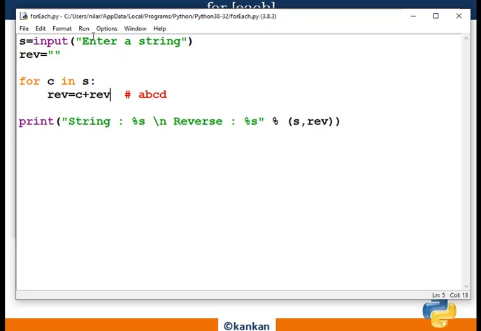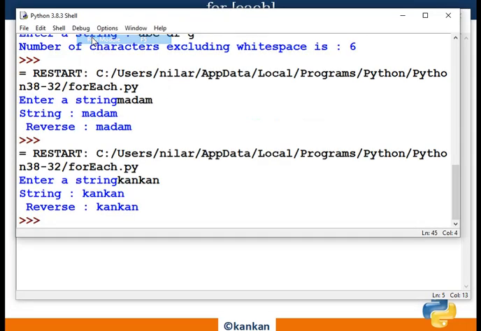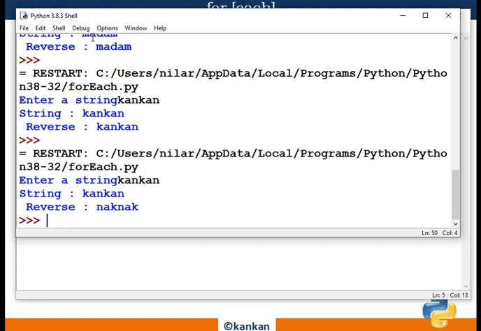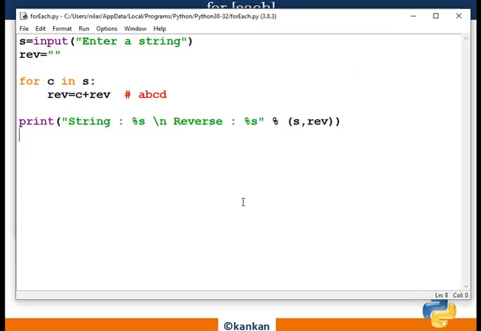Now execute it. Okay, so this is the reverse of the string. Kn is the string, and already I have reversed it. So this is a very simple example by which we can reverse this string.